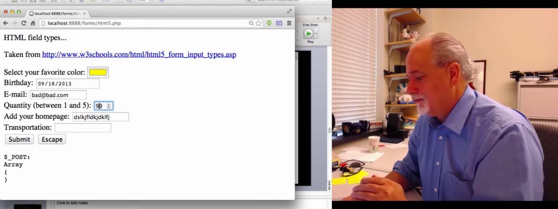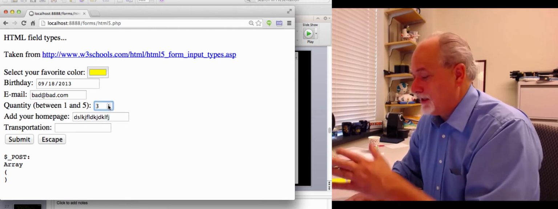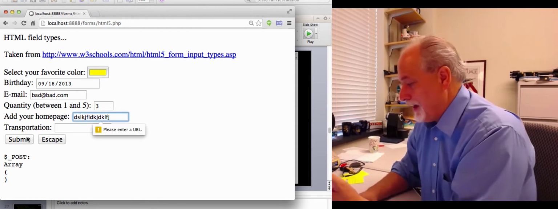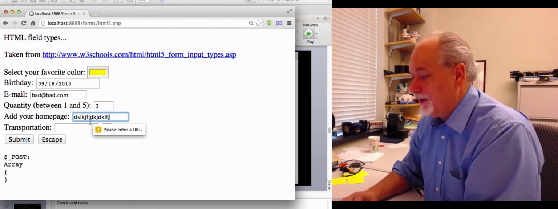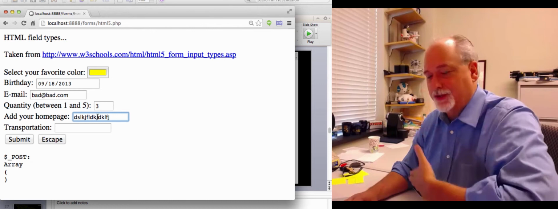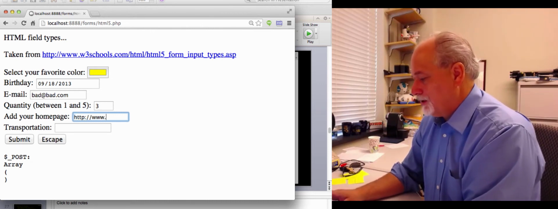So I'll make this be 3, so I'll behave there. Notice that you can change, but that's again a browser. And if I hit submit, it's like that. This one is good, this one is good, but now, and again, nothing's going on at the server at this point. It's all browser stopping the submit. So if I go HTTP, go on www.drchuck.com,